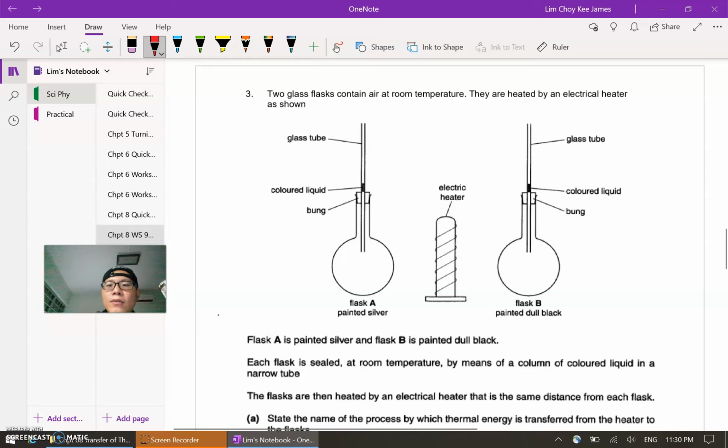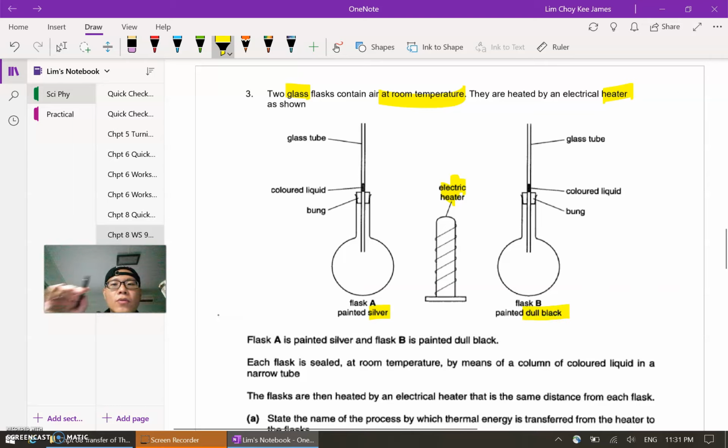Okay, I have two glass flasks. I would say the keyword is glass flasks. They are heated up at room temperature, and there's a heater in between them. After that, one of the keywords from the picture you need to mention is there's a silver, there's a dull